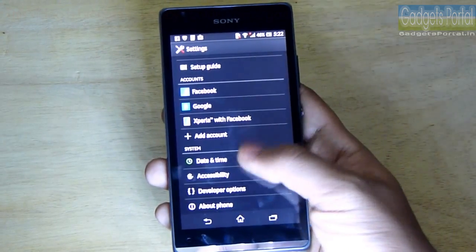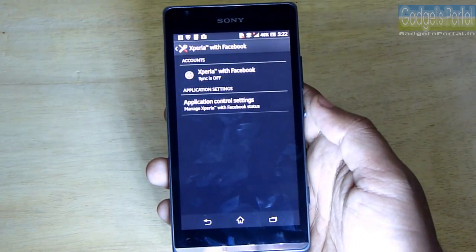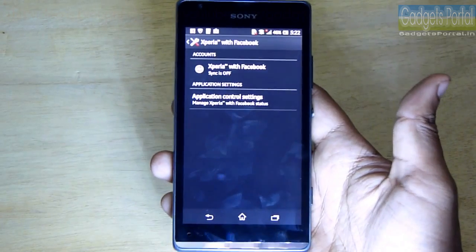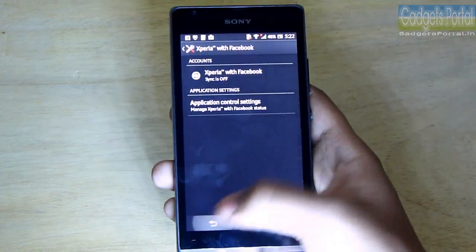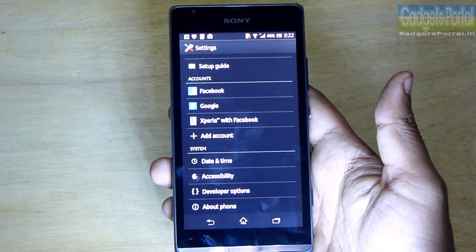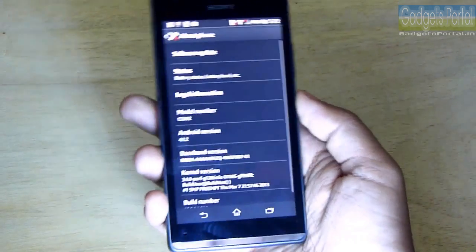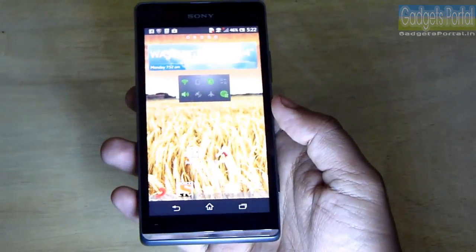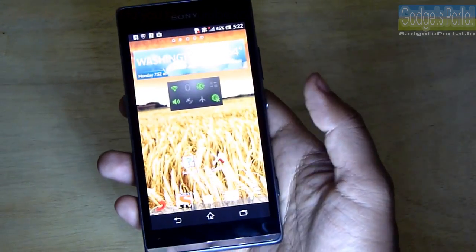So this Xperia SP is feature rich, and all of these features are very handy. This phone has also got deep integration with Facebook, so you can check your friends' updates on your contacts menu. This Xperia SP has got a lot of settings, and the good thing is that these settings are very useful. Well, Samsung devices like Galaxy Grand, Galaxy S3, Galaxy S4 have got a lot of cool features, but those